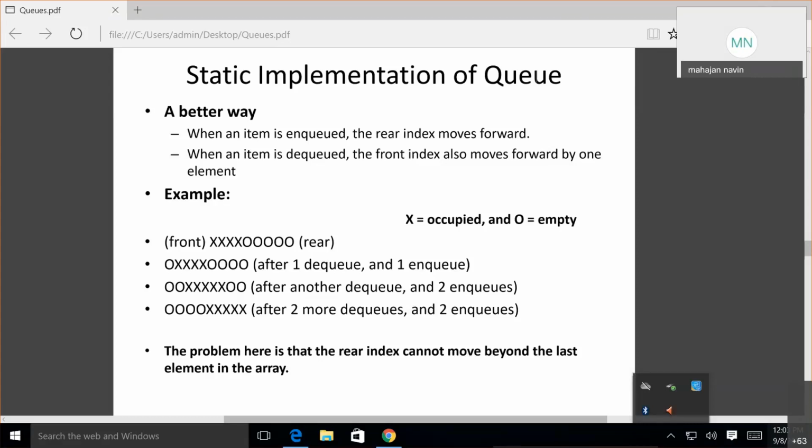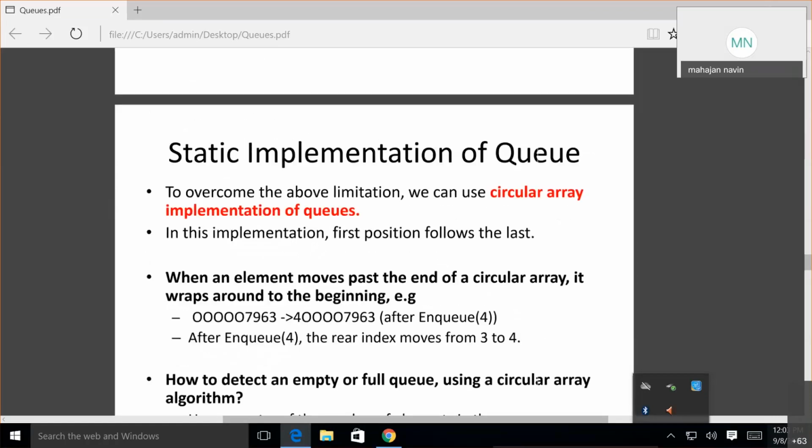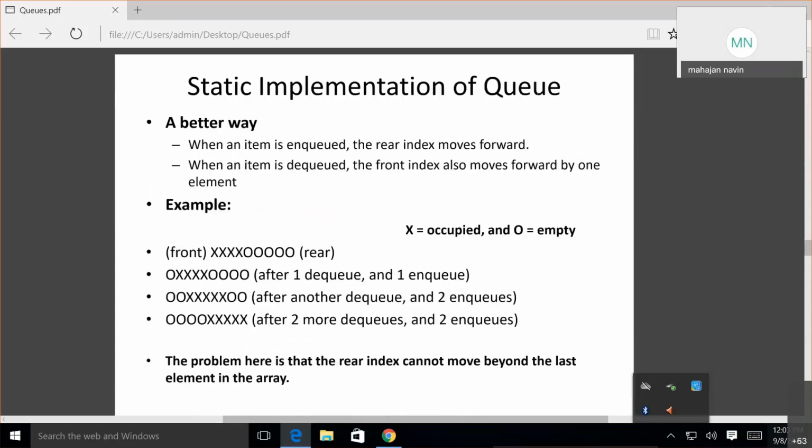Is it visible? No, sir. Markings are not visible. Now I am marking here with a round. Is it visible?